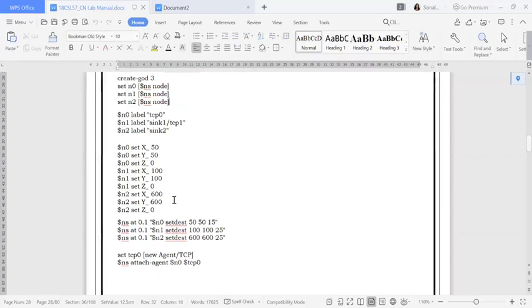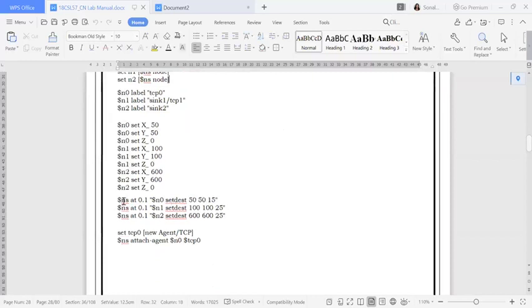Next, what I have done here is set that at 0.1 milliseconds of time, N0 has to set the destination. It means N0 will be capable of receiving the packets within this range. This is X, this is Y, this is Z axis. So within this range of N0, the surrounding nodes, only within this range at 0.1 milliseconds of time, if anyone is sending packets, N0 can receive them, and N0 also can send the packets.